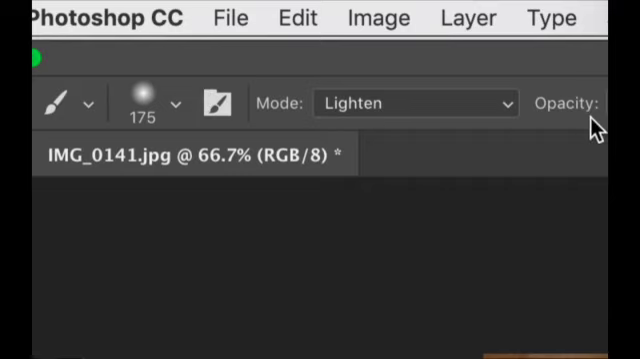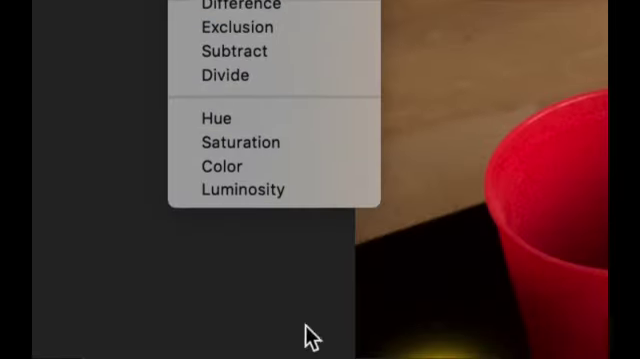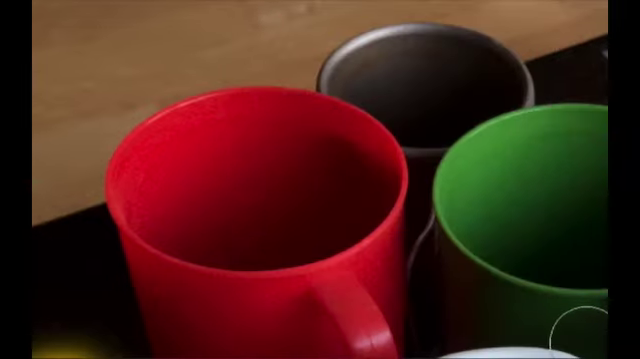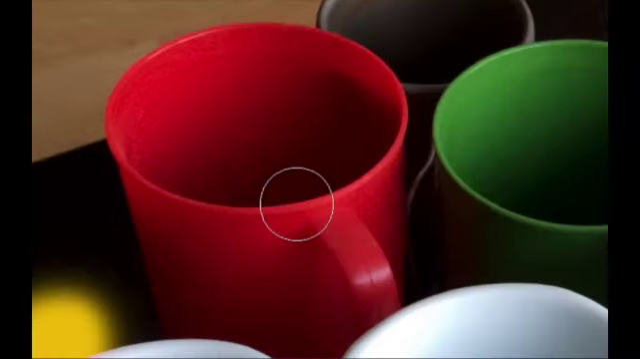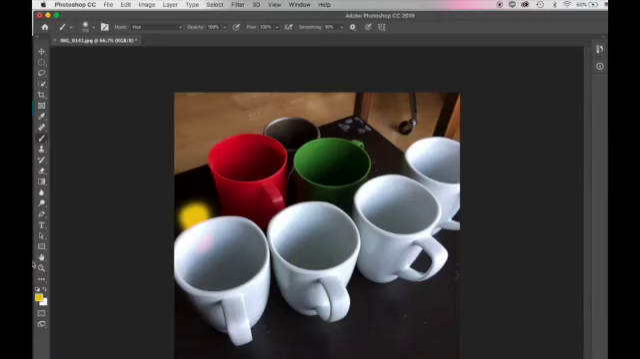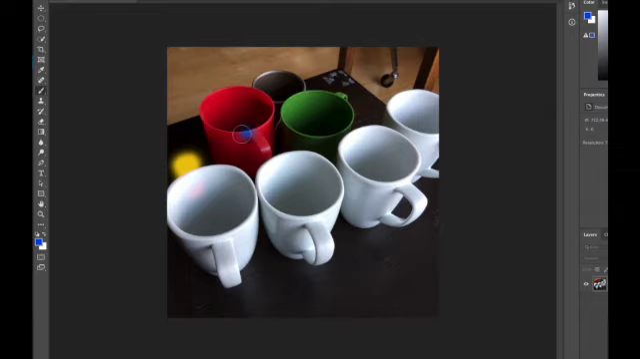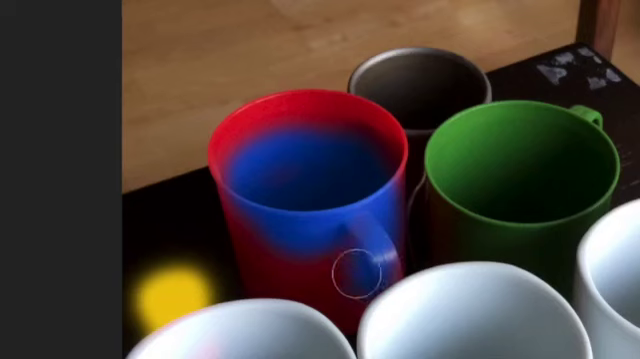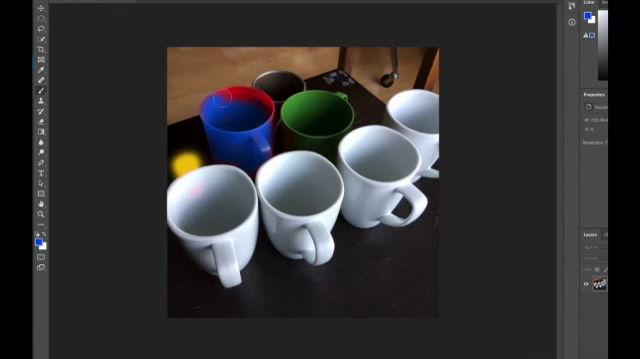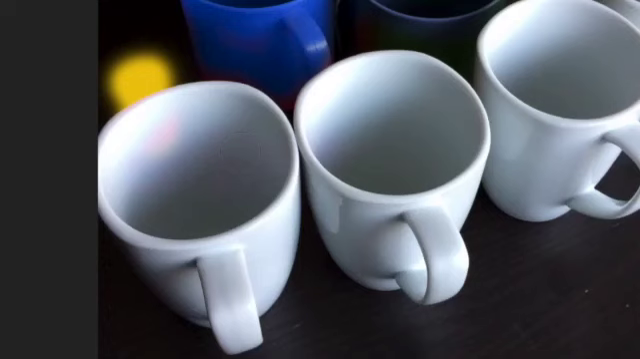Also, there are lots of other options, for example, hue. This replaces the hue of the pixels with my current color. So for example, if I choose blue and paint on this red mug, I can change the mug to blue. However, if I try to paint on these white mugs, I cannot make them really blue